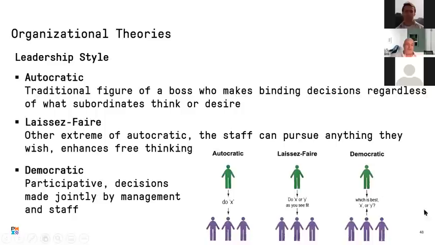So this is someone who involves the team in participation. He asks the question, which one do you think? Is it X or is it Y? And which one should we select? So these are the 3 types: the autocratic, the laissez-faire, and the democratic. I will not ask which one is better, or whether it is a leader or a manager, but again, it is not a matter of better or worse. As a leader, as a project manager, you need to choose one, but not to choose the same one in every moment and